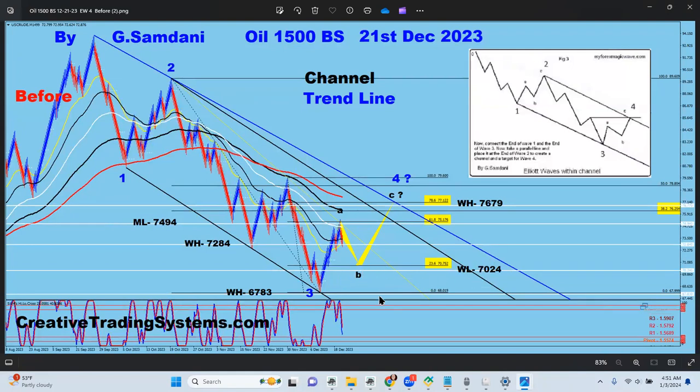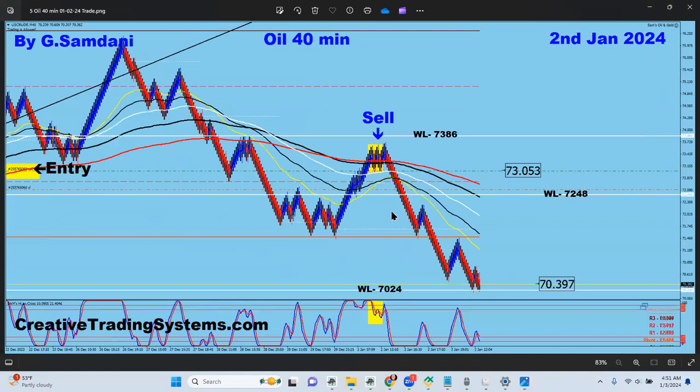If it drops more and then takes out this low, then I'll just be watching and let it go down maybe to 62, 63. And then it will make a turn to the upside, right? So this is how it is, waiting for a bounce from this area back to the 76 area. So let's see what happened. Just wanted to show you, like I said, that this was my trade yesterday according to my analysis.